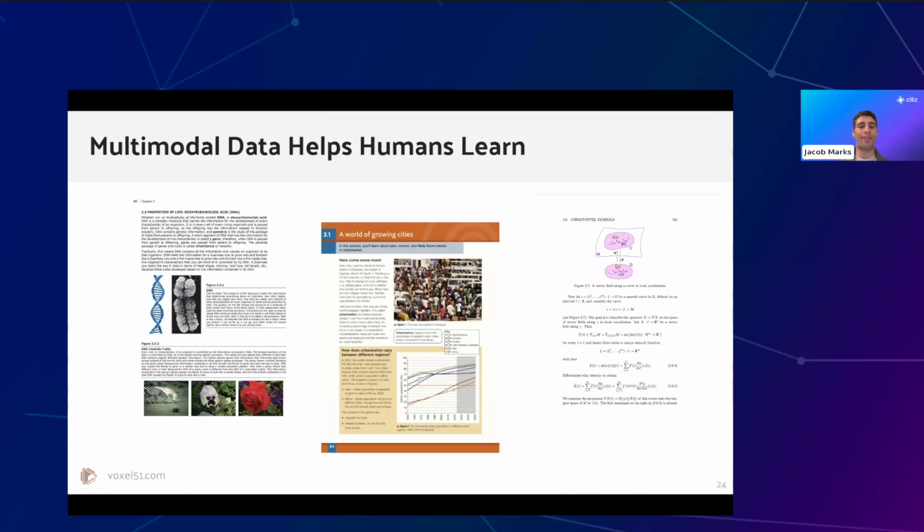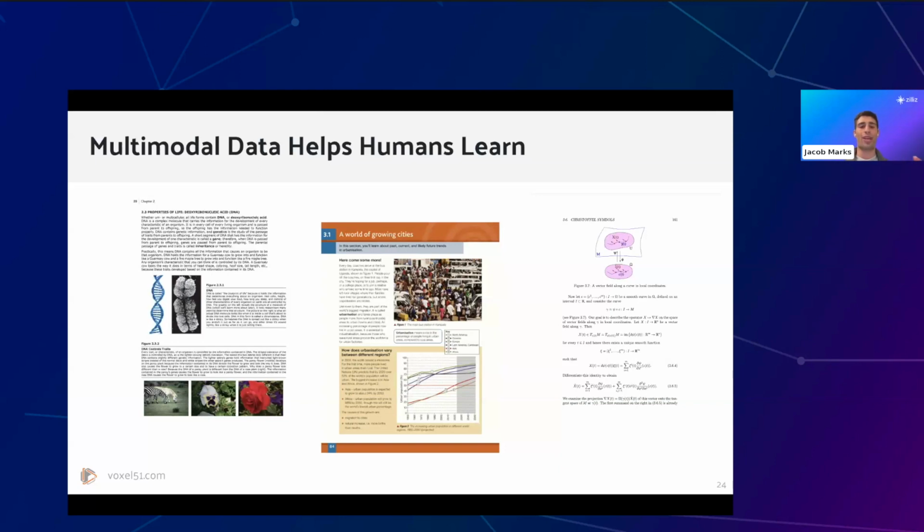But one thing that I think is incredibly powerful is when humans are learning, when they're going through school, we learn from textbooks, and those textbooks don't just have text. They don't just have images. They have both text and images. They have multimodal data because they actually play off of each other. Sometimes the text refers to the image. Sometimes the image is able to clarify certain things that are going on in the text.